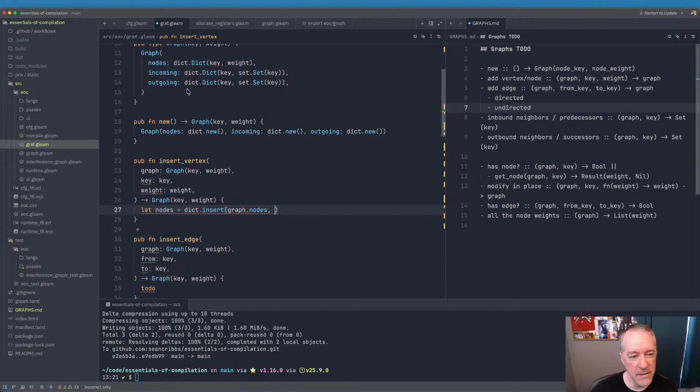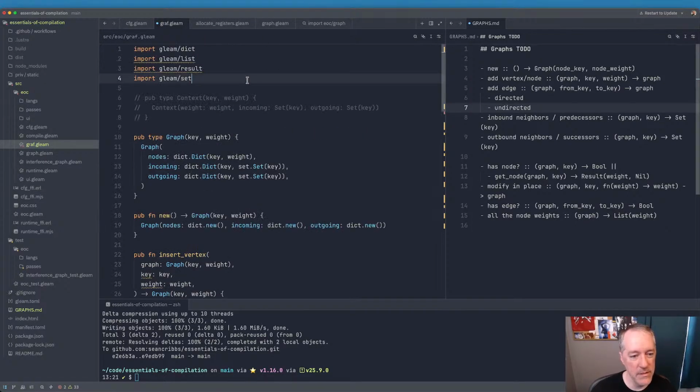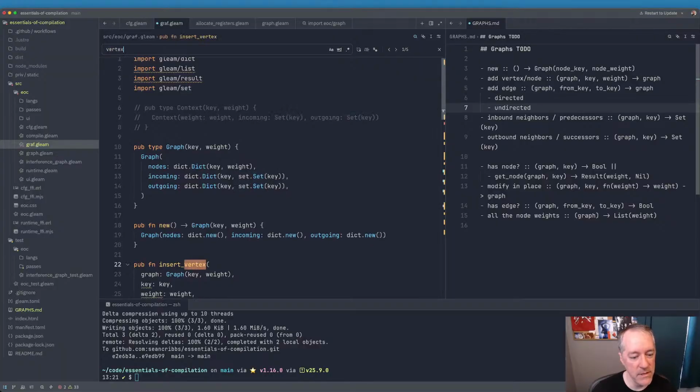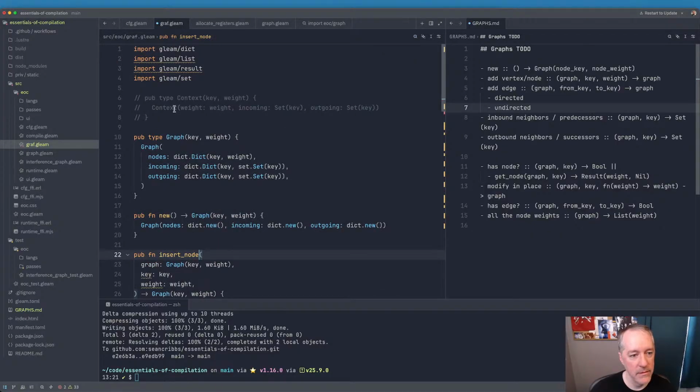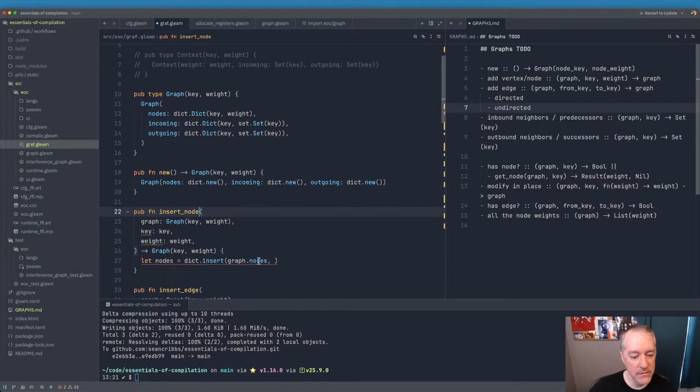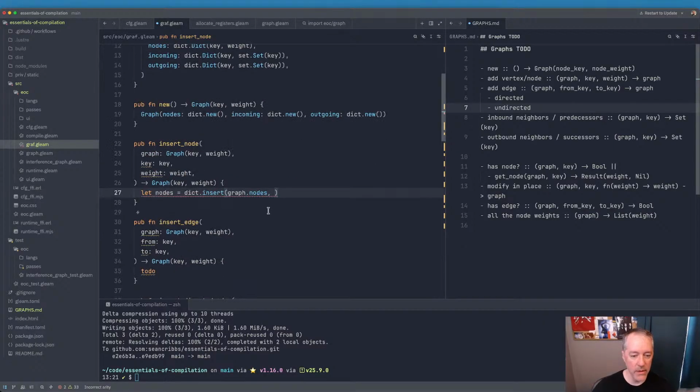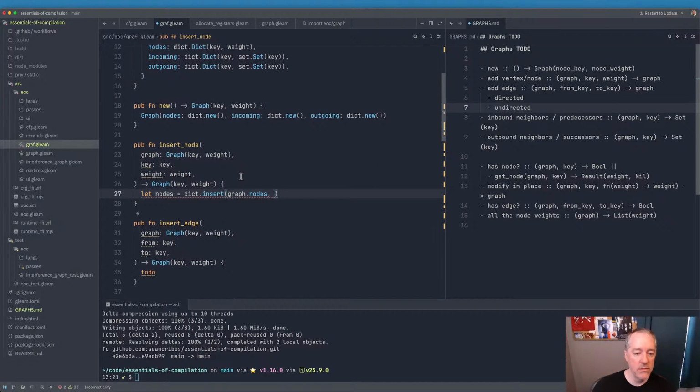And here, I think I need to change this. Let's change all of this because I'm not consistent here. Let's change vertex to node everywhere. Then it's not going to get confusing. Okay. So insert,